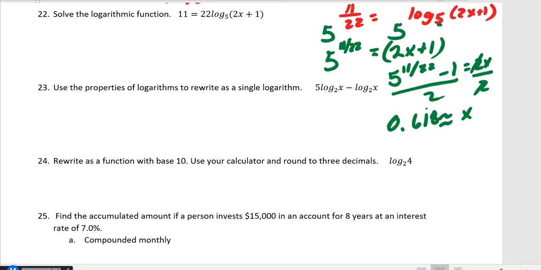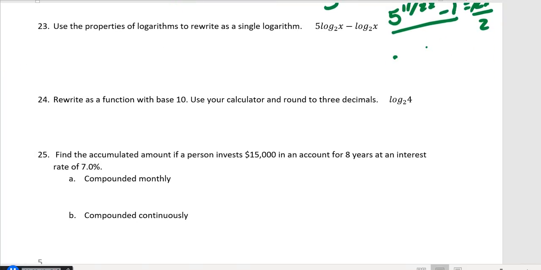Let's look at problem number 23. This one is using the laws of exponents as properties. So you need to make sure you know the product law, the quotient law, and the power law. Okay? So just to remind you that the product law says that